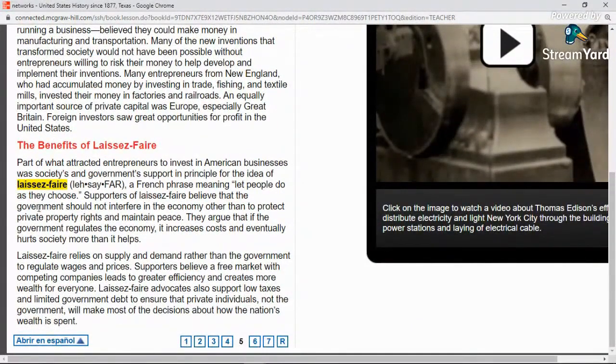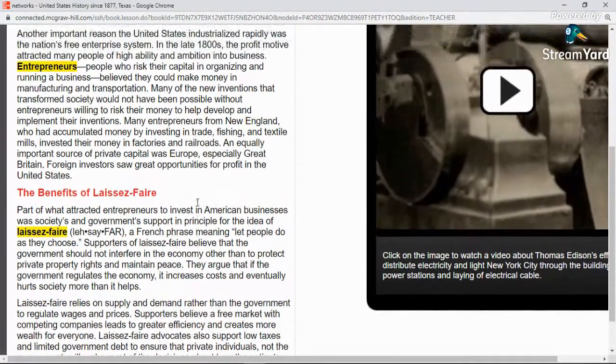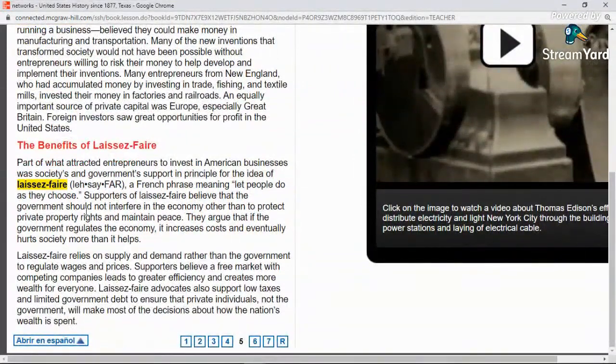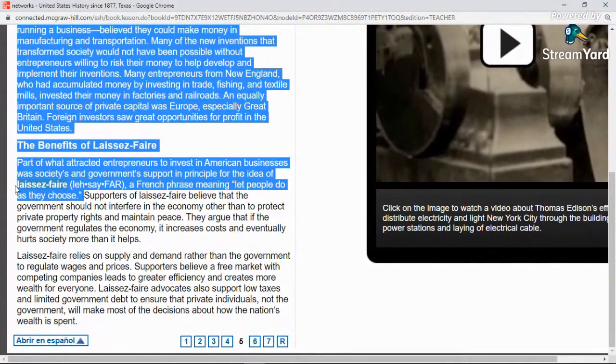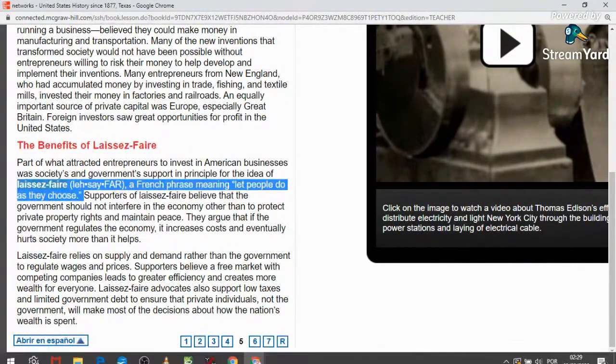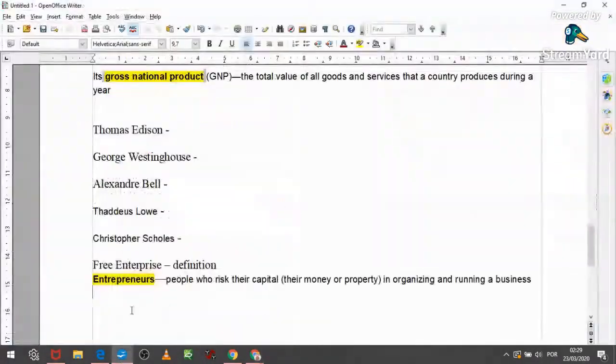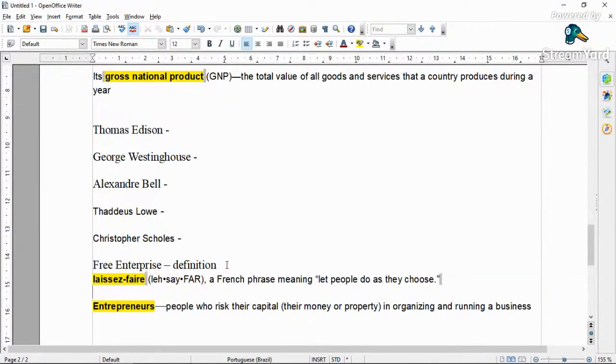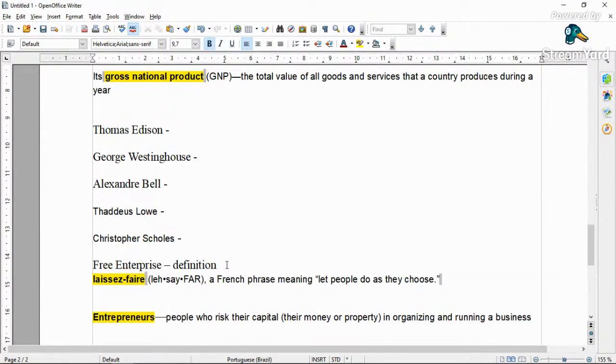So America supported laissez-faire, and it's a French word. See a lot of French in the American language, or the English language, sorry. And laissez-faire means let people do what they want, okay? Let people do what they choose in business. So that's why I told you that laissez-faire is connected to free enterprise, because it basically says, let, okay,